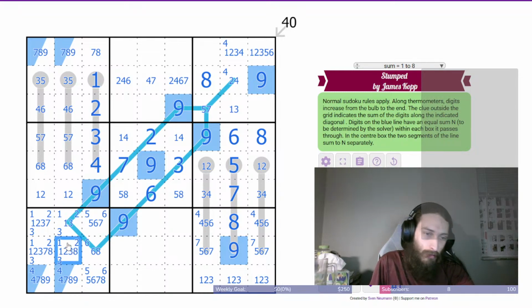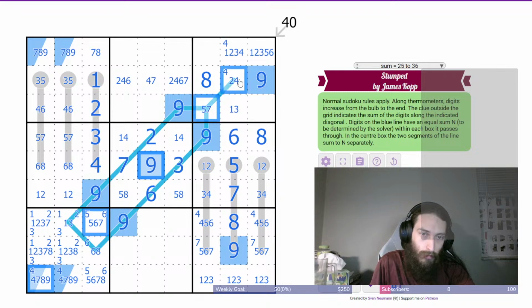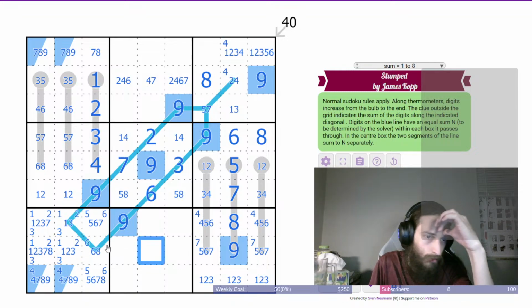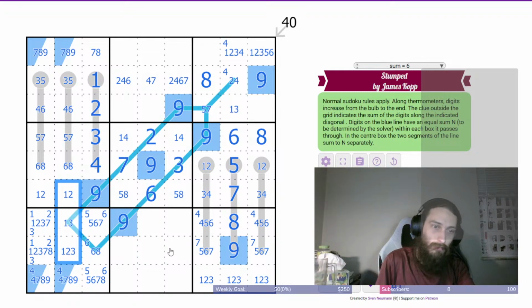But with 5 degrees of freedom, that means this can't be an 8, can it? 4 and 5 is 9, 18, 27, 36. 36 and 5 is 41 already. 41, and 42. Yeah, so that can't be an 8. So this is a 1, 2, 3 triple,